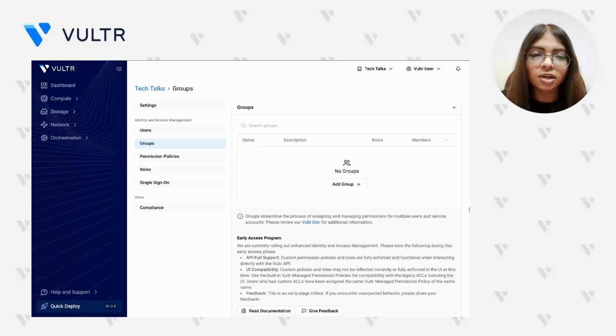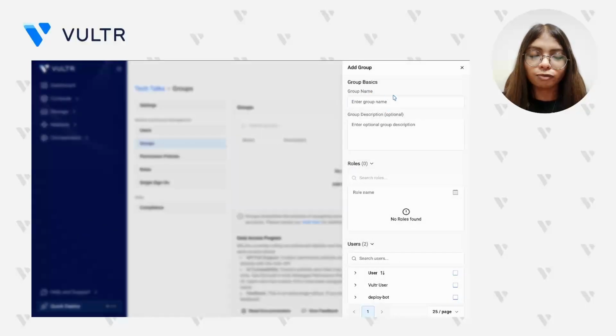Managing permissions user by user simply doesn't scale. If you have 10 developers who all need the same access, you would have to update 10 individual entries every time a permission changes. Groups solve this by letting you define access once and apply it to as many users simultaneously. To create a group, simply click Add Group here, give it a meaningful name, and provide an optional description